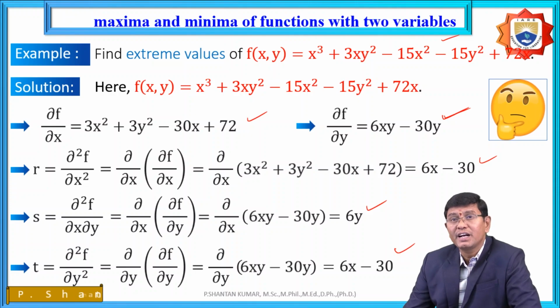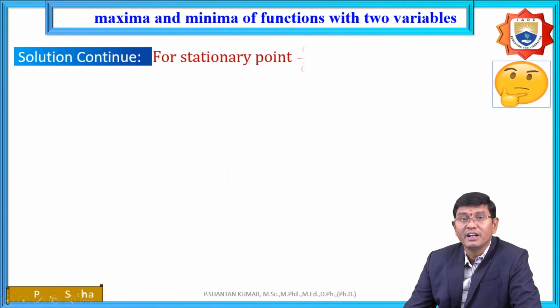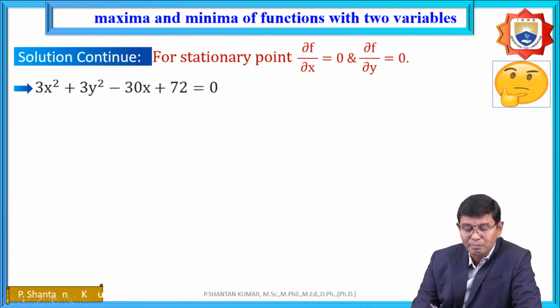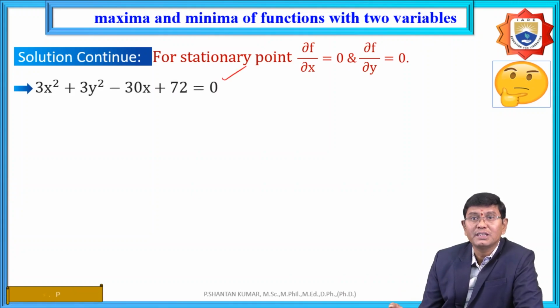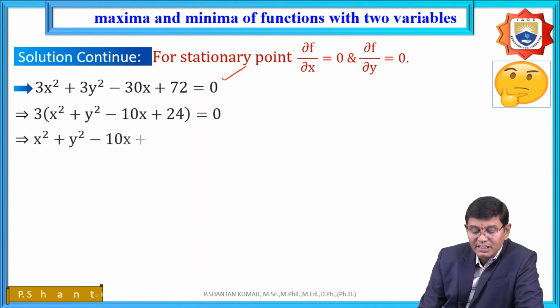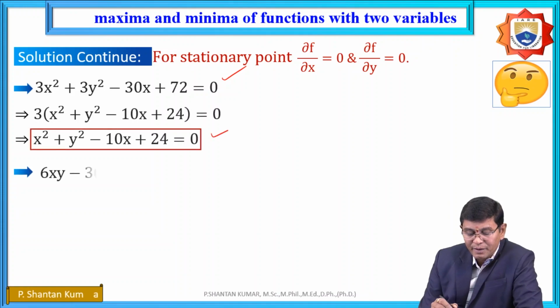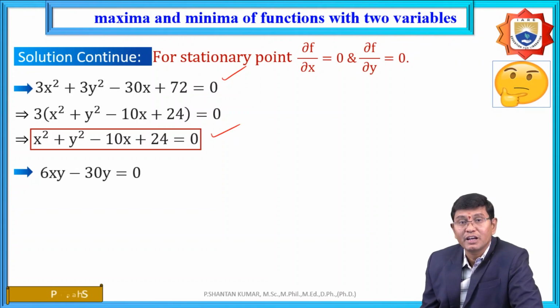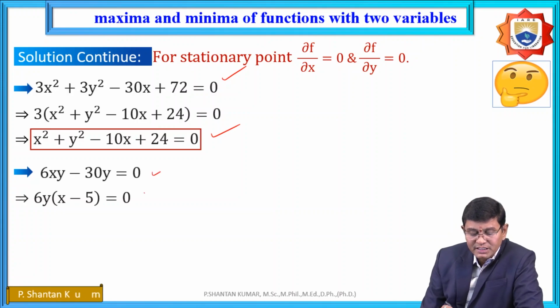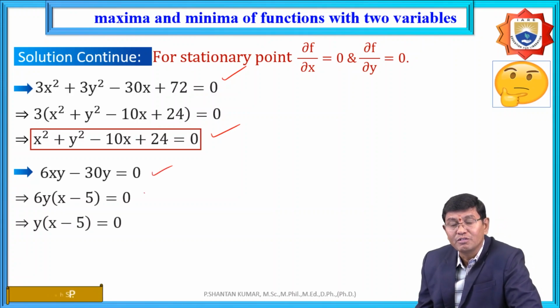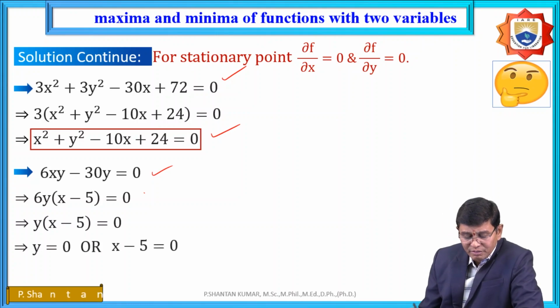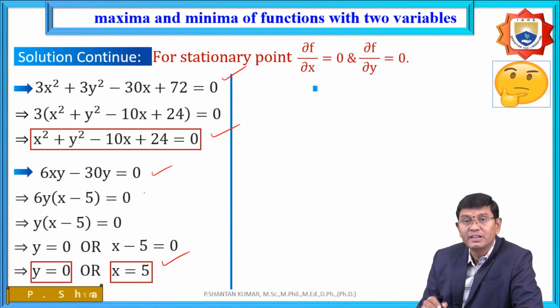Based upon that, by equating p and q to 0, p is the equation we know, and q is 6xy minus 30y equal to 0. In that, we take out 6y common, therefore 6y times (x minus 5) equals 0. From this equation we obtain y equal to 0 and x equal to 5. With the help of these two equations, y equal to 0 and x equal to 5,